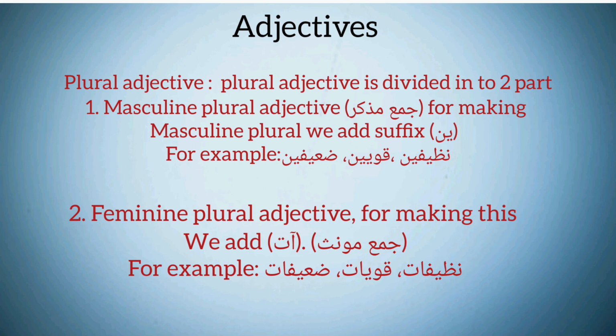Then we understood that our first adjective is the masculine adjective, our second adjective is the feminine, and our third adjective is the plural adjective. But this one, the plural adjective, is also divided into 2 parts. The first part is the masculine plural adjective, جمع مذكر, and the second one is the feminine plural adjective. For the first one, for making masculine plural, we just add the suffix ya and noon, ina. For example, we say نظيفين, or قويين, or ضعيفين. For the second one, the feminine plural adjective, جمع مؤنث, for making this we just have to add alif and ta, at. For example, نظيفات,